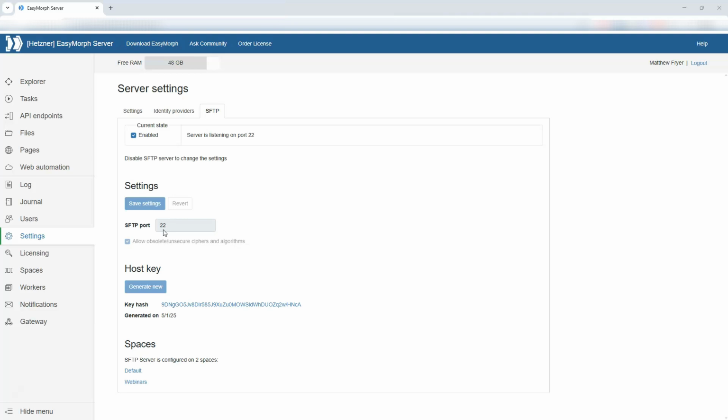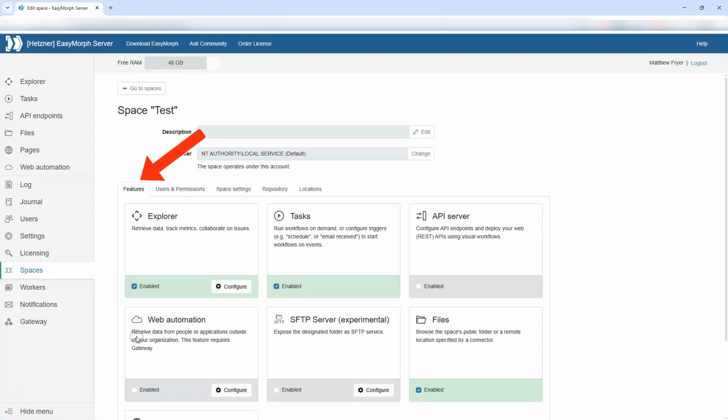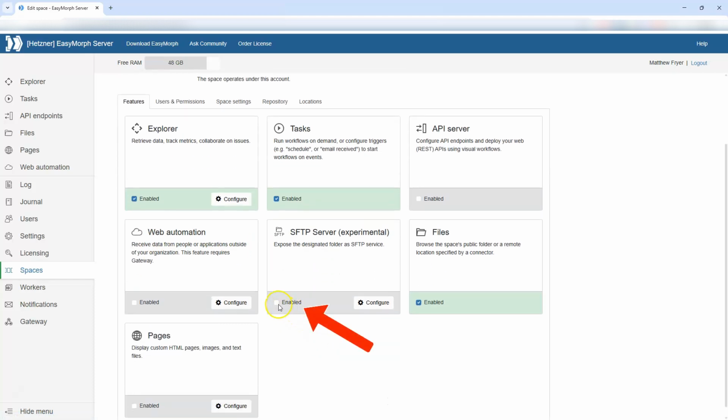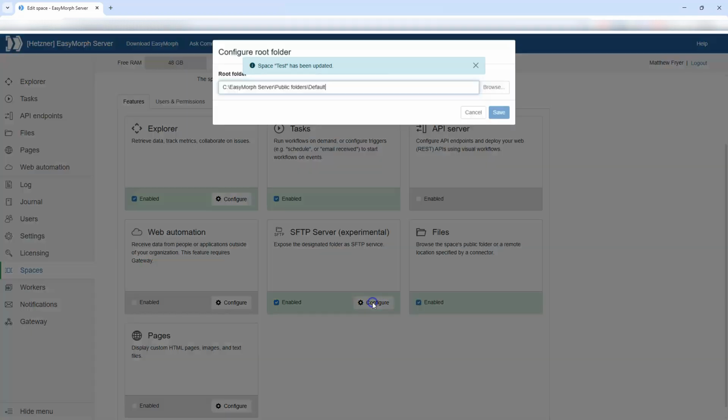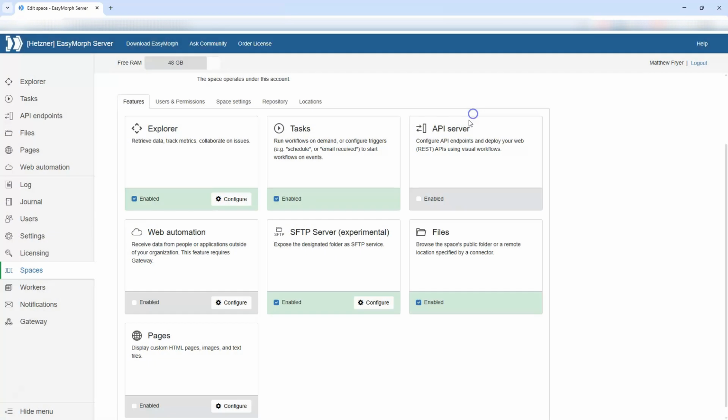Once enabled, the feature can be turned on individually for each EasyMorph server space. Head to the Spaces page, select the space you wish SFTP to be available for, and on the Features tab, enable the SFTP server feature. You can also optionally choose which folder EasyMorph will use to store the files transmitted over SFTP. You can then use any SFTP client, such as WinSCP, OpenSSH, or FileZilla, to connect to the SFTP server and